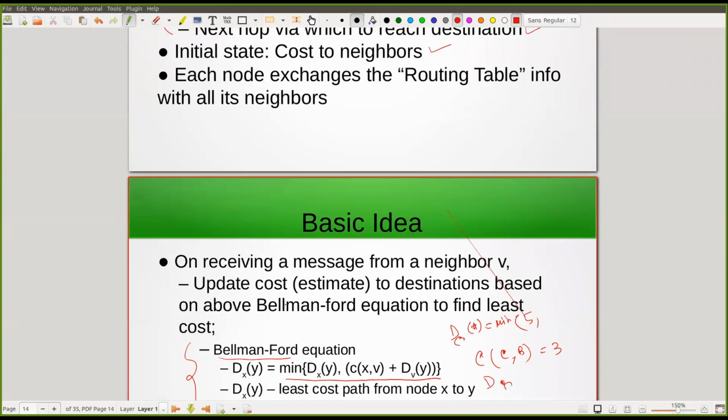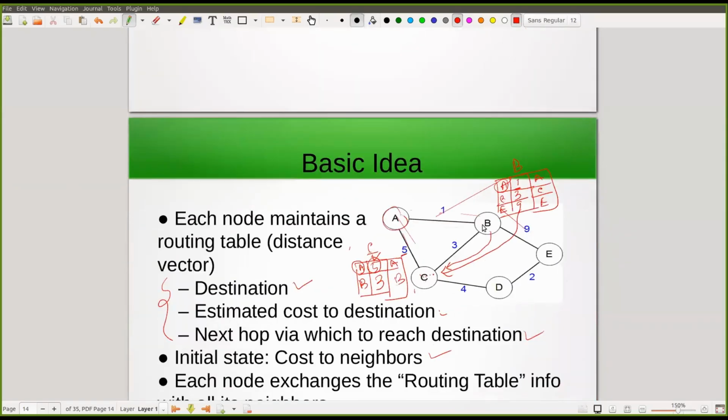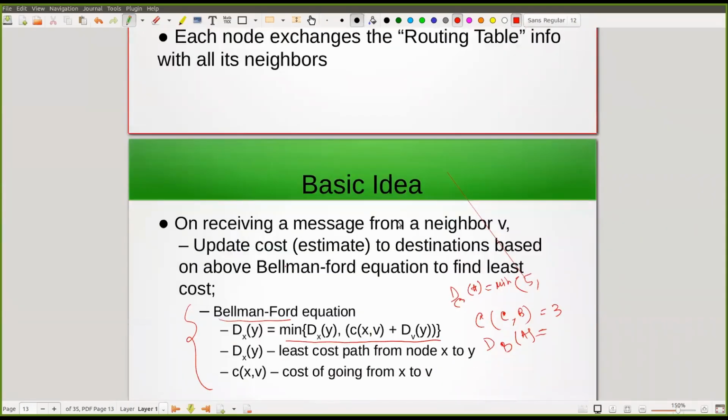Sorry, B is B. Then what is Y? Y is A. What is the distance of going from B to A? The distance of going from B to A is 1. So then on this Bellman-Ford equation, if I put in the final cost of going from